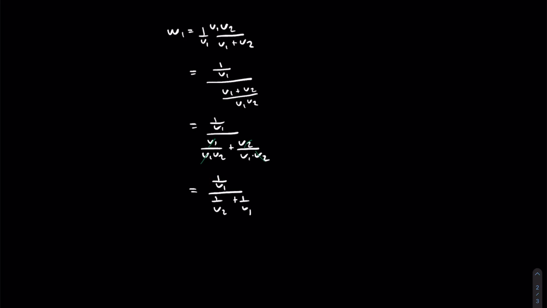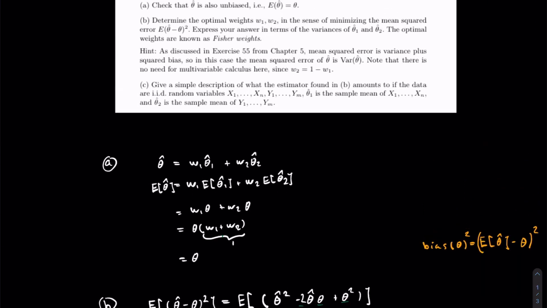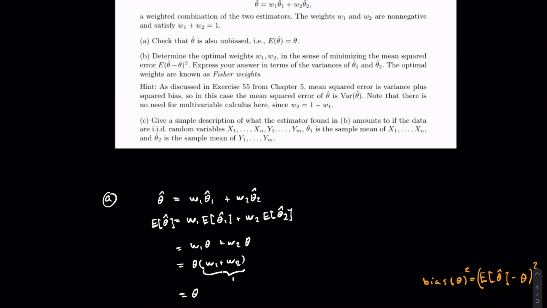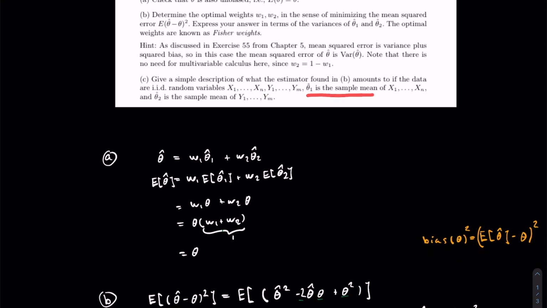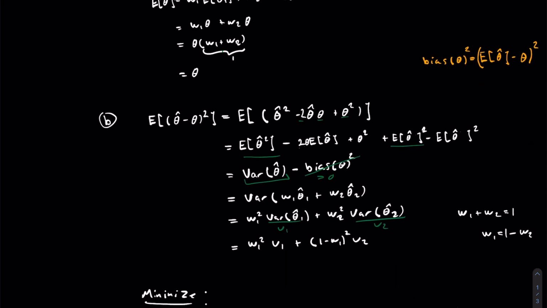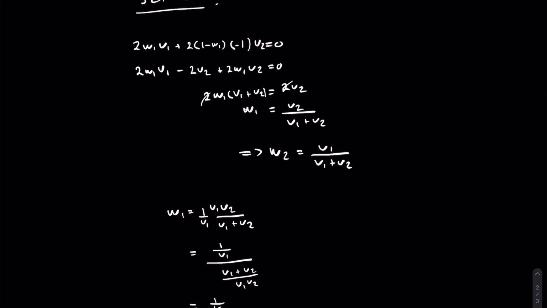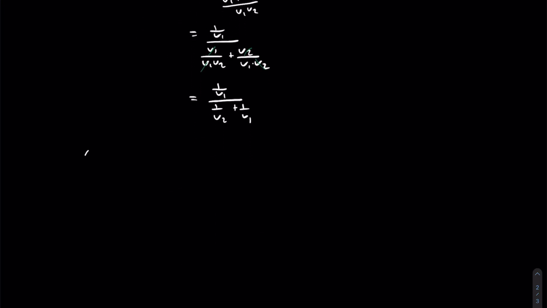Now we found the weights. We have expressed them in different terms, and now in the last part of this exercise, we are asked to give a simple description of the estimator found in B in terms of the random variables x1 to xn, y1 up to ym. Okay, where these terms are actually the sample mean of the data. So in terms of C here,